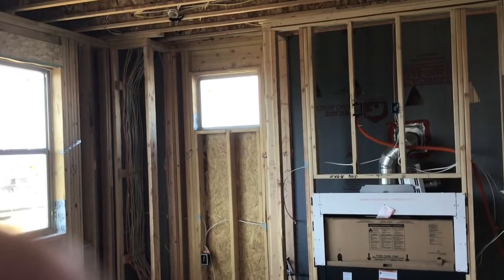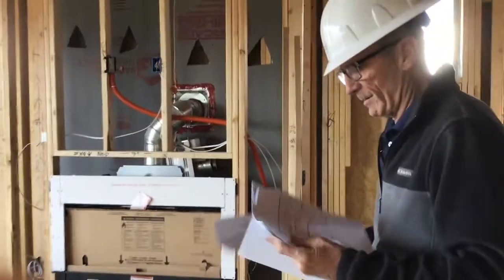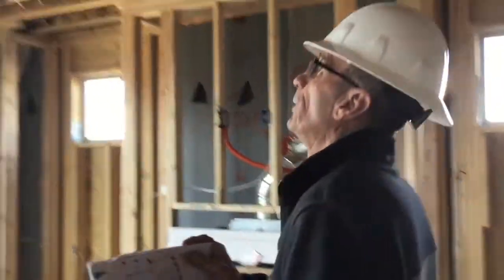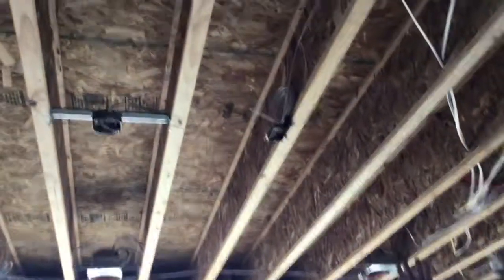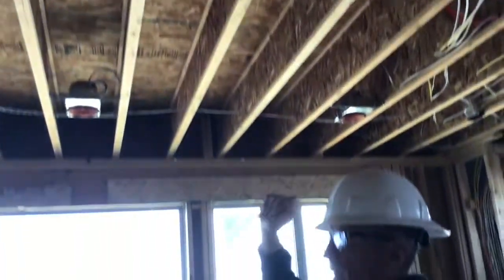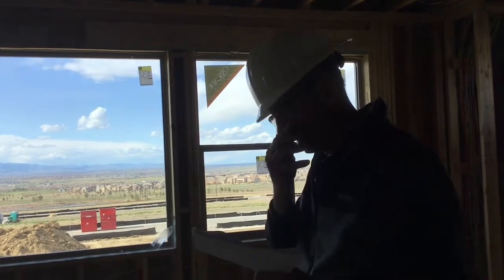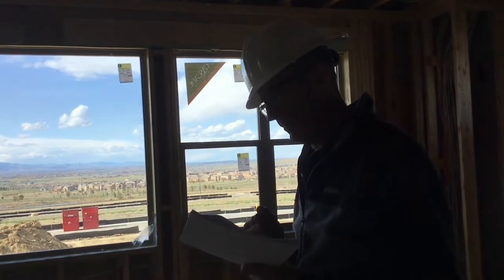So here we are at the main fireplace area, and I'm going to open up my low volt because I know I've got a lot of low volt going on in this room. In the ceiling of the grand room, we've got a wireless access point, which is Cat 6. We've got speaker pre-wires. I'm going to point those out to you. And we also have